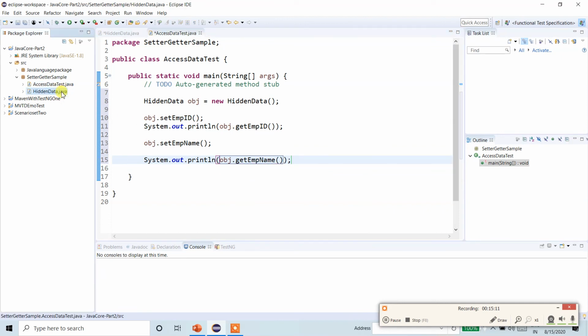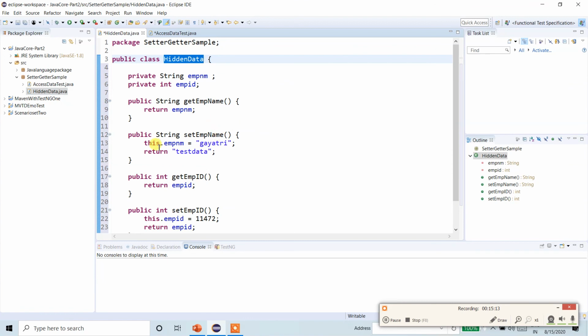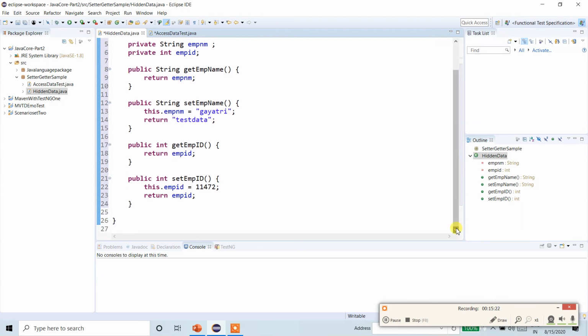In set employee name, the value will be Gayatri, and get employee name will return the name of the employee. So where is the get method for employee name? Get employee name, return emp name. So that same value will be returned.